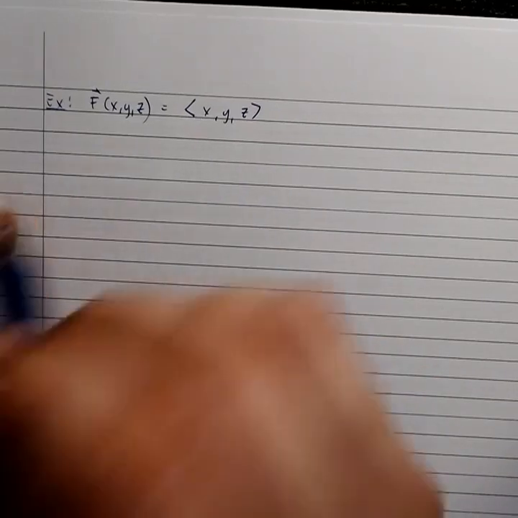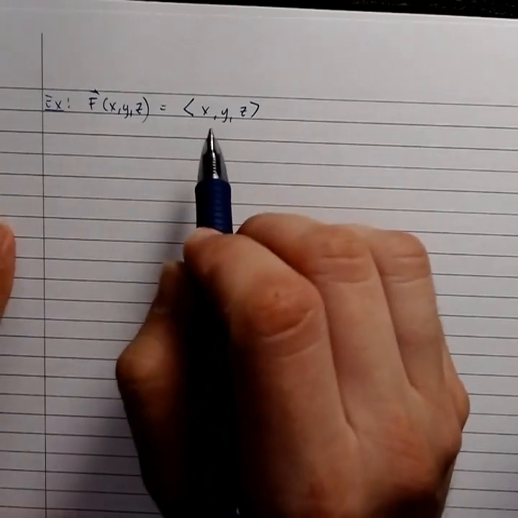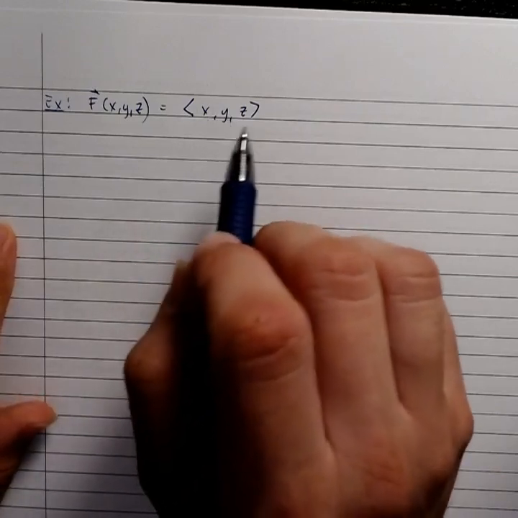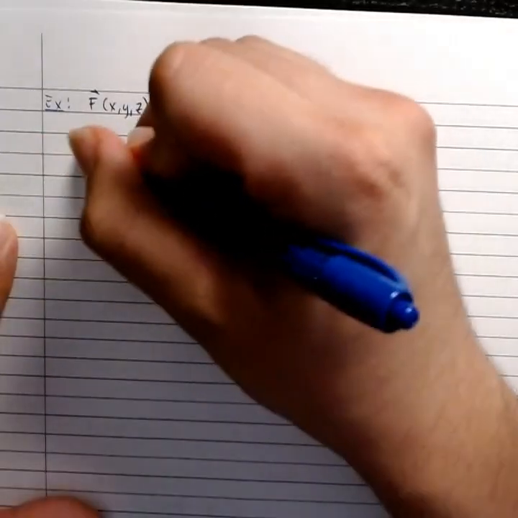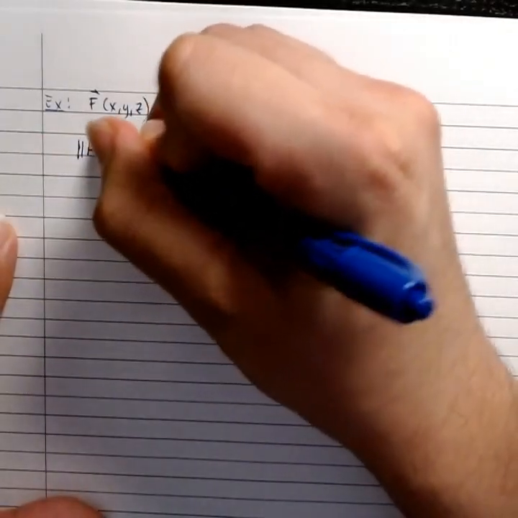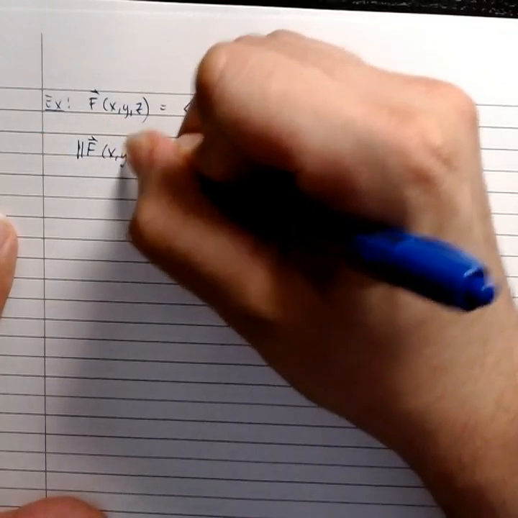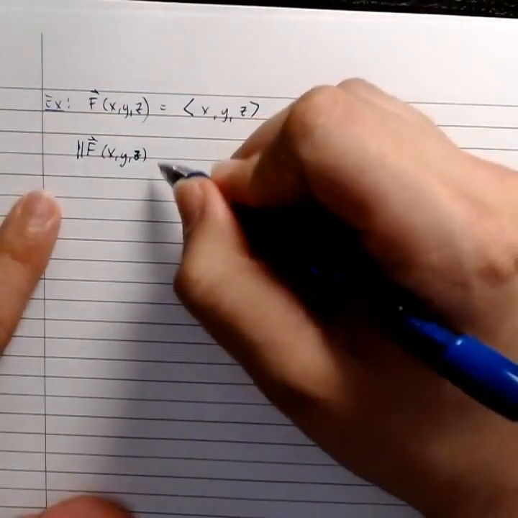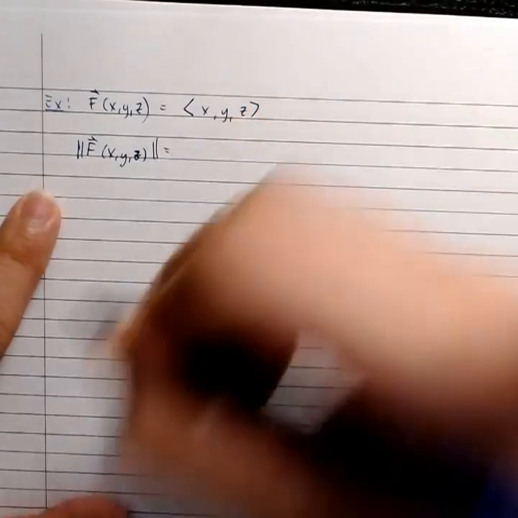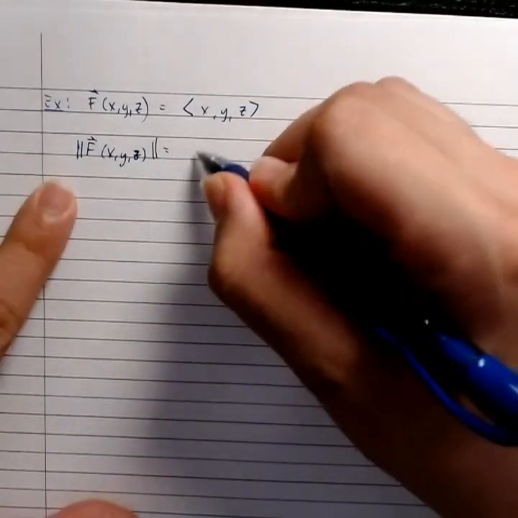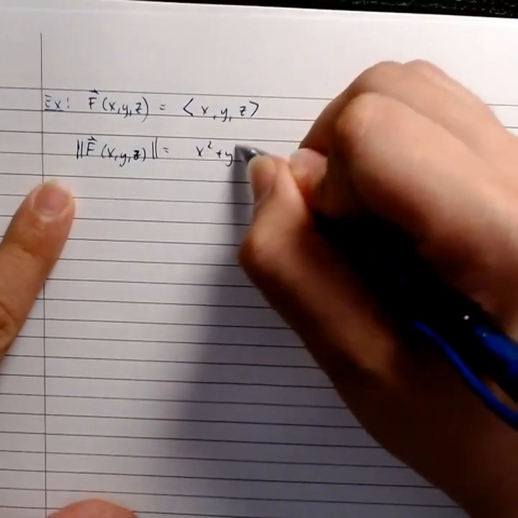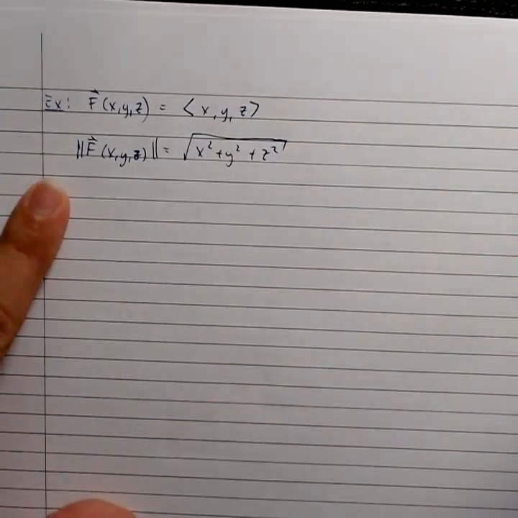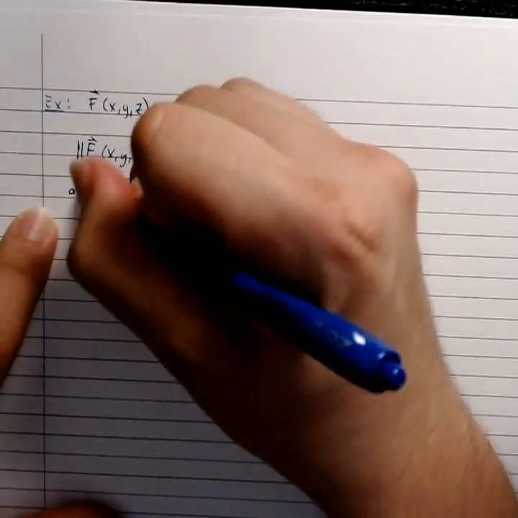All right. So again, drawing this would be possible, but very, very slow and very inefficient if we did it one point at a time. So generally what we want to do is consider the magnitude of our vectors and then find all the vectors that have a common magnitude. And by grouping those together, it'll make things a little easier to visualize. So here the magnitude of this is the square root of x squared plus y squared plus z squared. Right? And so all vectors